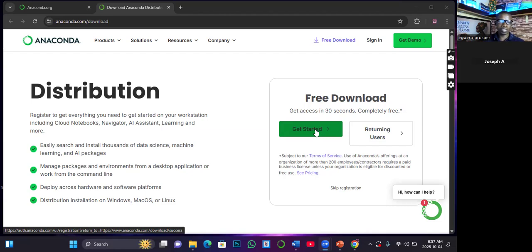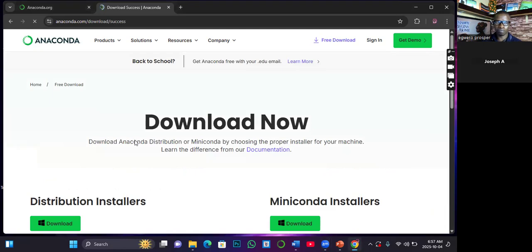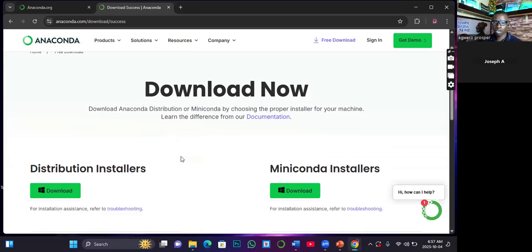That is just for their email marketing, so that you can get updates regarding new versions or thereabout. But if you don't want them to capture your email, you will just click on skip registration, and that will allow you to have access to it. I hope you understand that, sir. Yes, sir. Okay, so now skip.